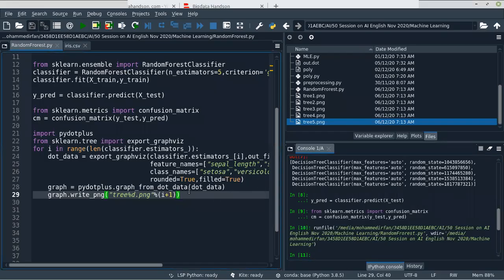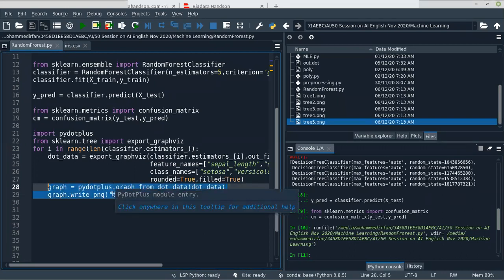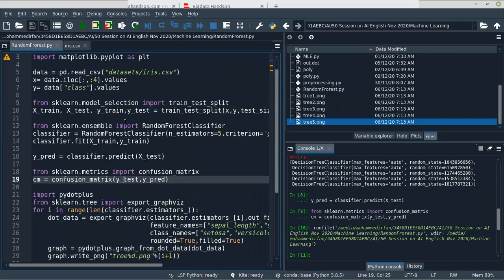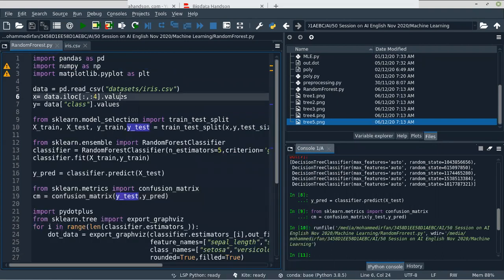Okay, so now we know how to convert the dot formatted data into png using the pydotplus library. Now let's create a random forest for regression type of data.